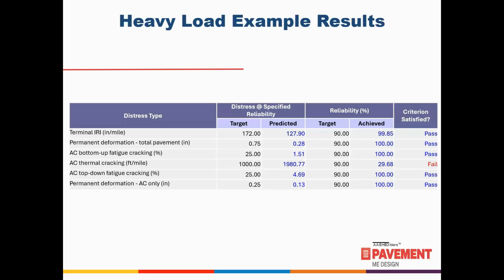Okay, and this is just showing you what the results were. 50 passes per day for 10 years doesn't really add up to a lot. Total rutting was 0.28 inches, asphalt 0.13 inches. Fatigue damage was relatively minimal, so nothing unusual there. The thermal cracking is unrelated to loading, really. It's a factor of the creep compliance and indirect tensile strength, so it's mix related. So obviously you can improve that by just using a better surface mix. We used just a default mix for this.